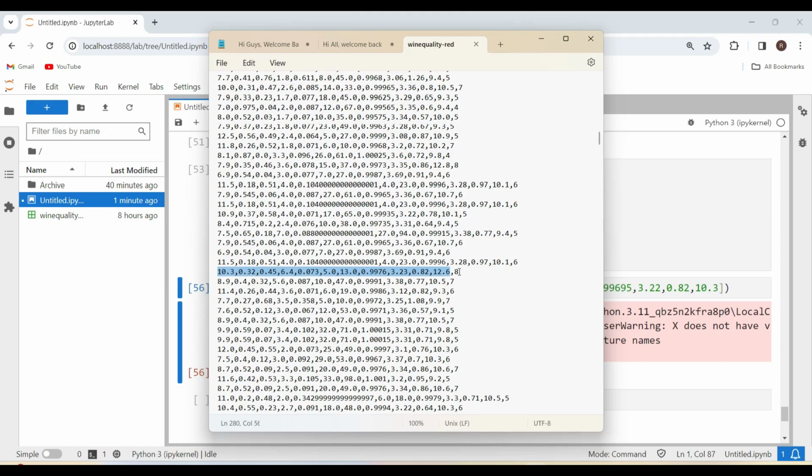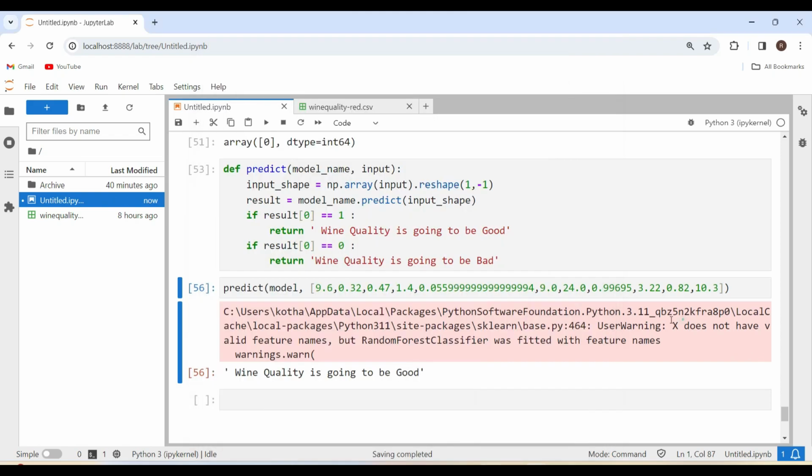This last column is quality, the quality rating, so that's the reason I'm excluding it, because it is going to be the output column. The remaining 11 columns are going to be the input columns. So it says wine quality is going to be good. This is how our model is going to predict, based upon the quantity of the ingredients in the wine, whether the wine quality is going to be good or bad. Okay,